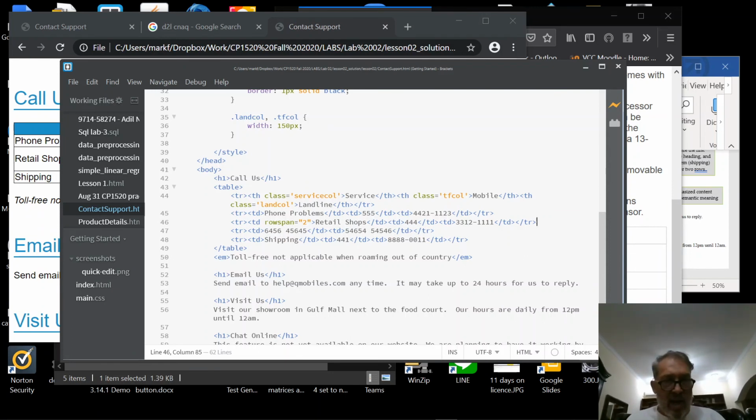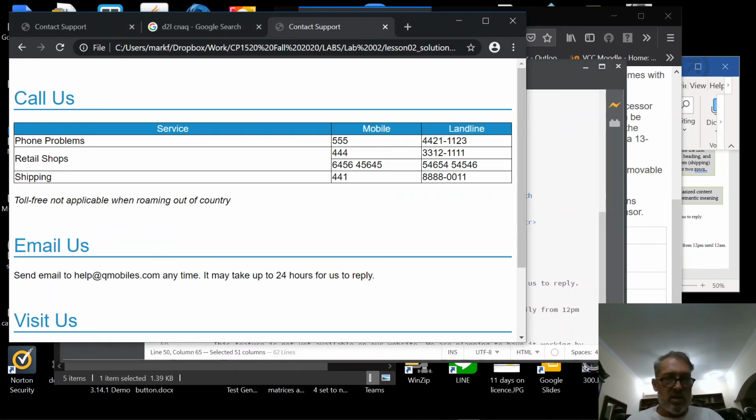All right, now the last thing there is about making the toll-free number emphasized, and we do that with these EM tags. And when you see that rendered, you see it's rendered there in italics. That's the emphasis that we're getting there. All right, so that's all we had on